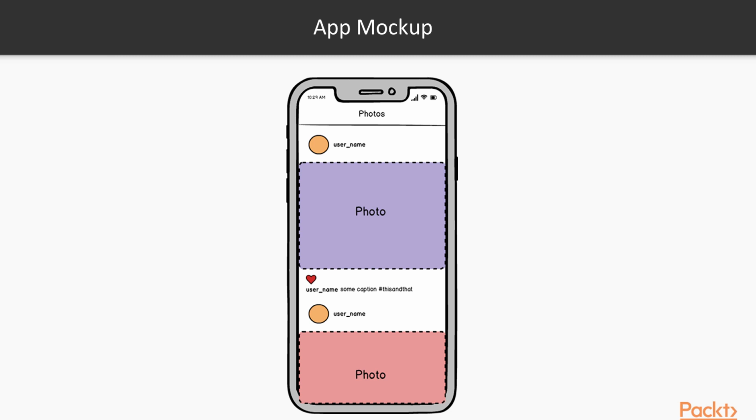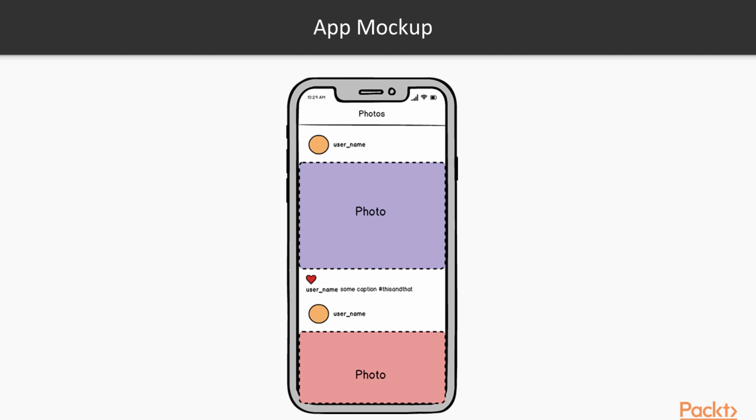So as you can see, we're not building out exactly all the features of Instagram, just parts of it. For example, we have the thumbnail and the username section, we have the photo section, we have a like button or the love heart button, and we have the caption section. But we don't have any comment section as you would see in Instagram or other icons that you would see